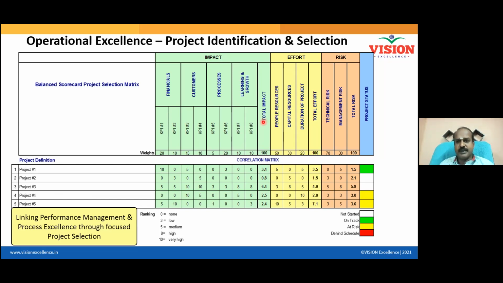The impact is more. Now, in order to do this project, how much effort do I need to put in? That is also important. Like people resource: what is the manpower to be devoted? Is there any capital resource required? Or the duration of the project? These are also important. Every project will have a duration. Am I right? So you are providing a ranking in terms of the manpower required, the capital required, and the duration required.